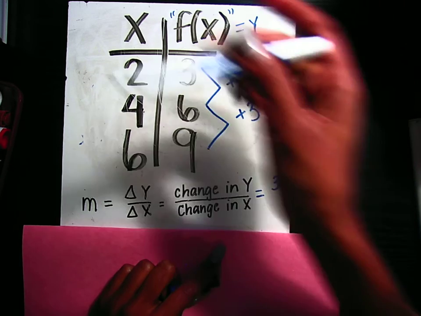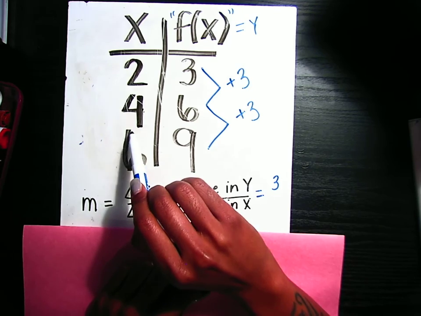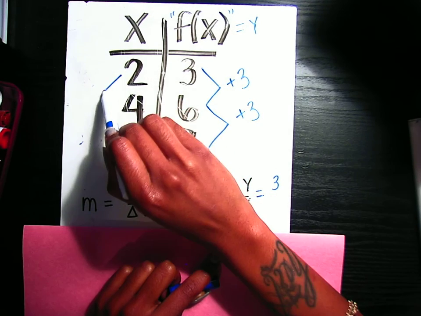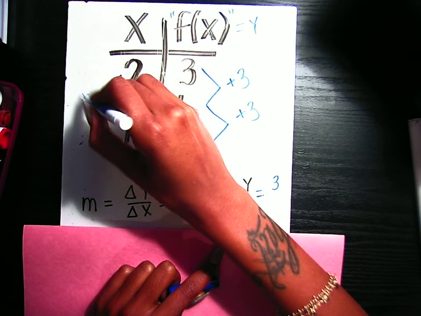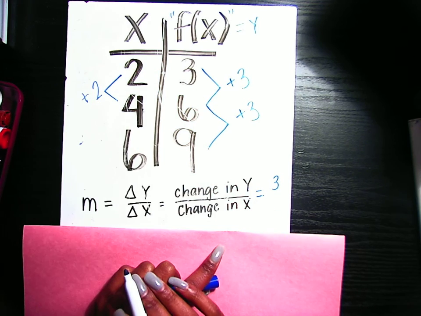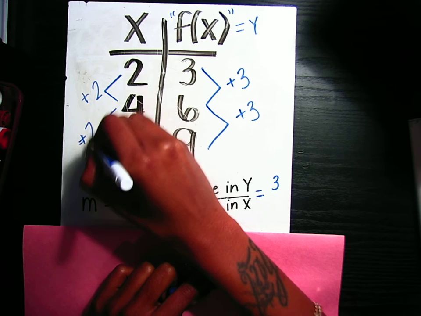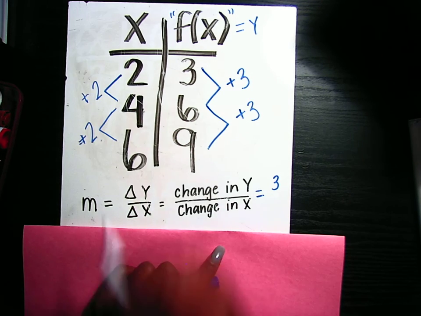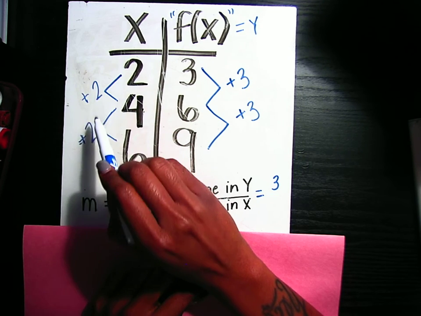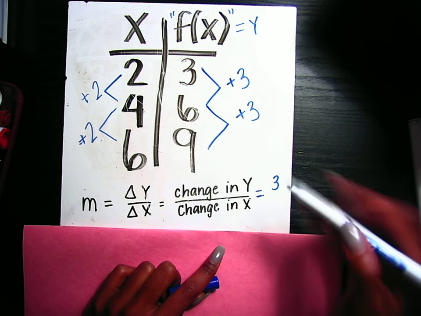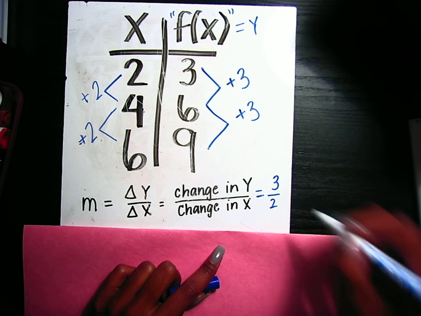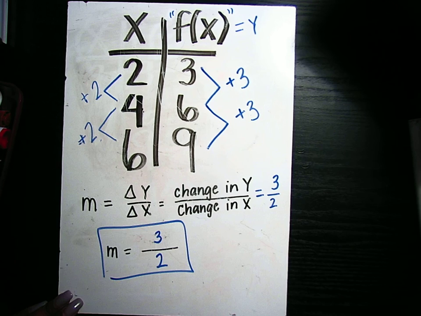Okay? So next, look at your x side. Our first x value to our second x value, we went up by 2. And then from our second x value to our third x value, we also went up by 2. Because, once again, these two are constant values, our change in x is 2. Change in x over change